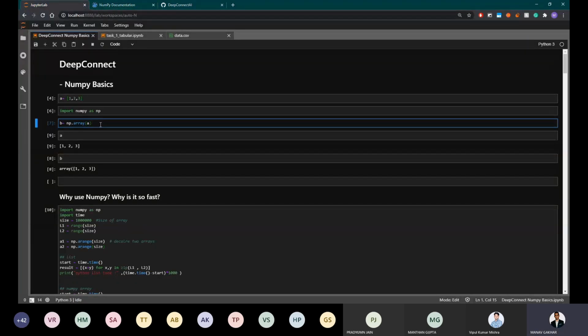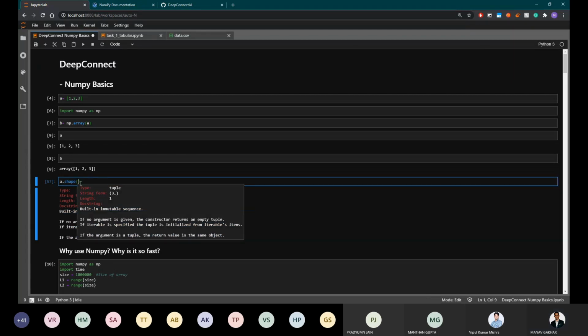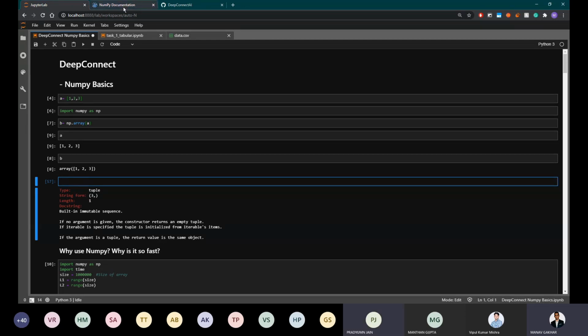Even if you do a dot shape, right, just type a question mark in front of it, and you'll find what it's used for. You'll get the entire docstring, like what happens if no argument is given, and so on. So it's pretty useful that way. Or just press shift tab. That will also do the same. Yeah, that also works.